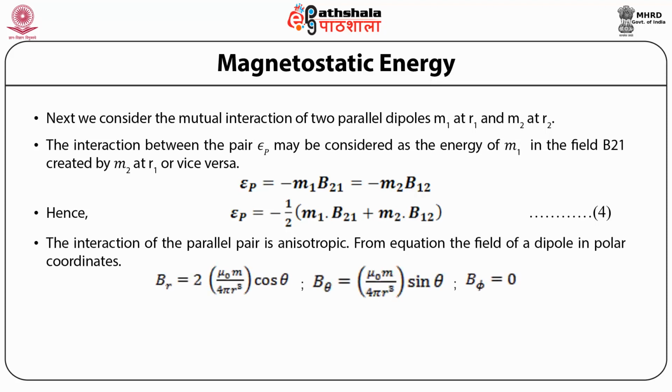The interaction of the parallel pair is anisotropic. From the equation for the field of a dipole in polar coordinates, Br is equal to 2 mu 0 m by 4 pi r cube into cos theta, B theta is equal to mu 0 m by 4 pi r cube into sin theta, and B phi is equal to 0. And equation 2 gives epsilon p is equal to minus 2 mu 0 m square by 4 pi r cube in the nose to tail configuration, whereas epsilon p is equal to mu 0 m square by 4 pi r cube